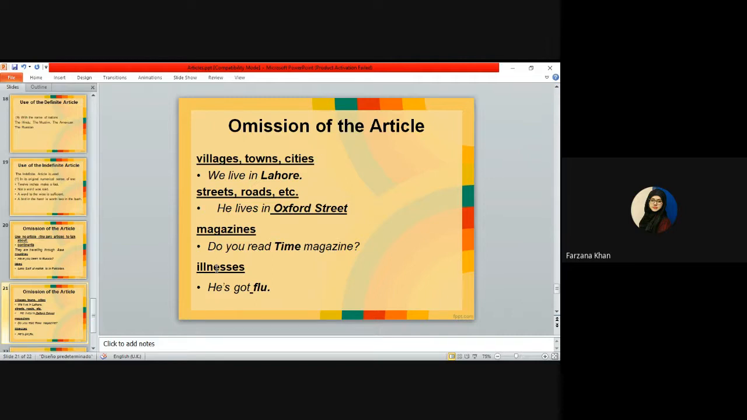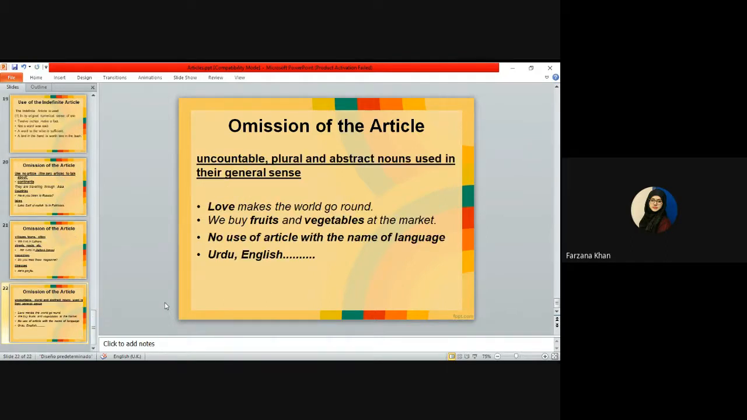So you will always need to avoid the use of articles with the names of villages, towns, and cities, with the names of roads and streets, with the names of magazines, and with the names of diseases, or in other words, illnesses. So the last point where you need to omit the use of article,